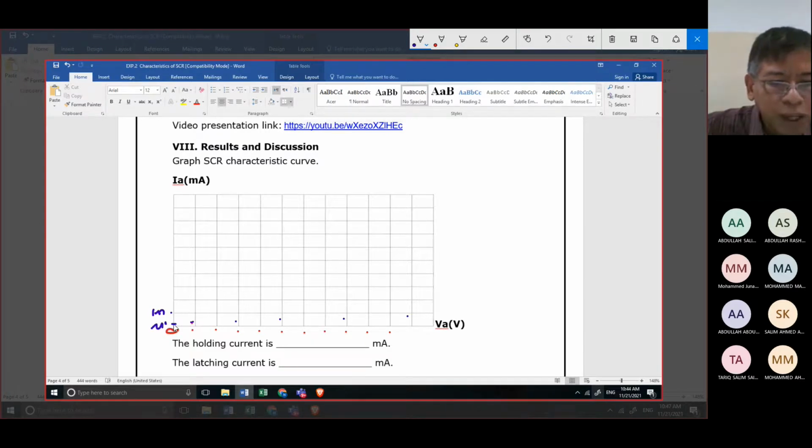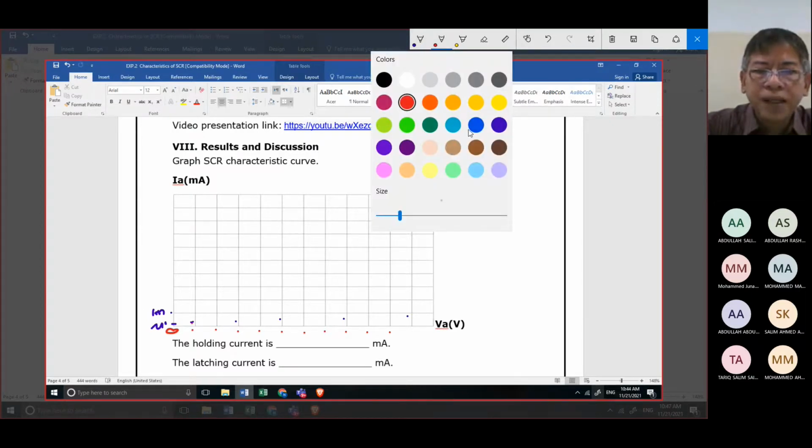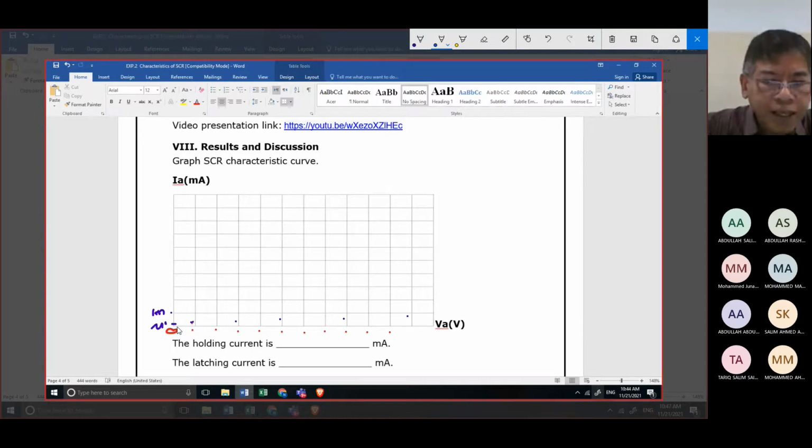For example, 200, 400, 600, 800 before 1 milliampere here. The next, if you will project the line, for example, if you will project this line, it looks like this. This is now what happened to the direction of our reading.